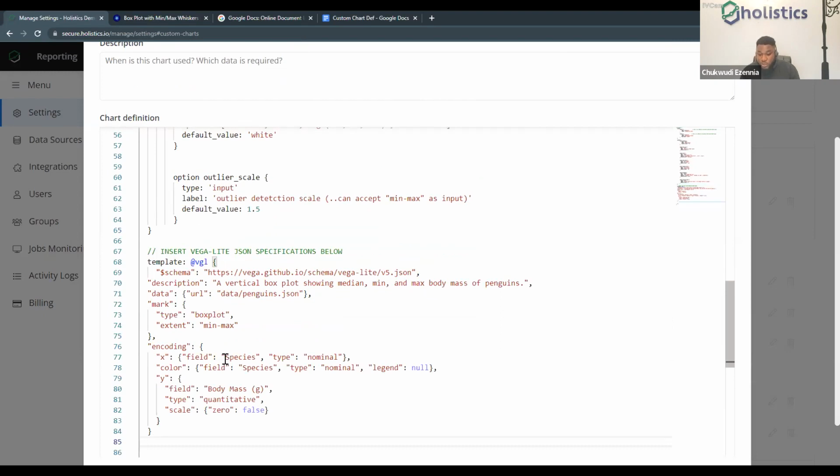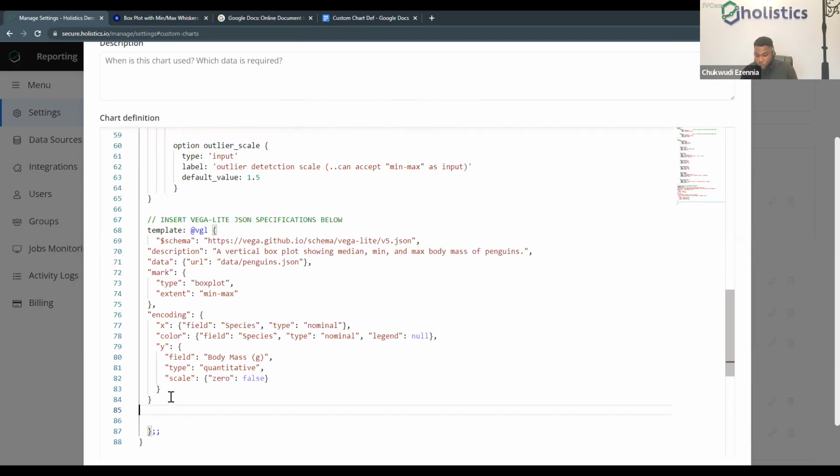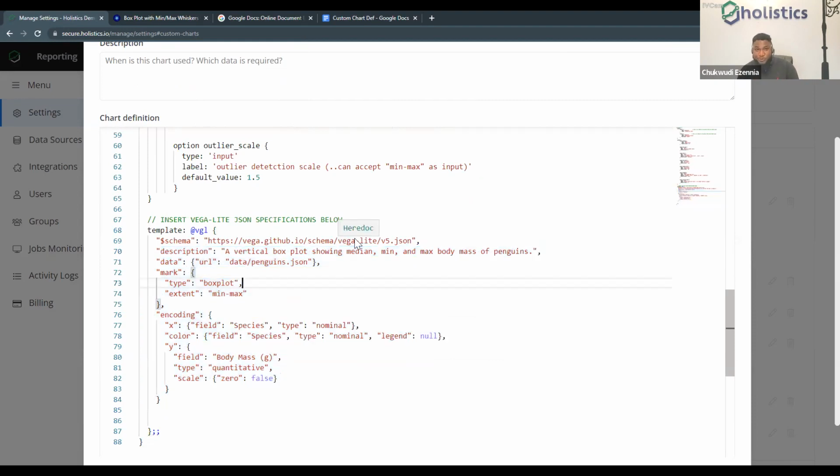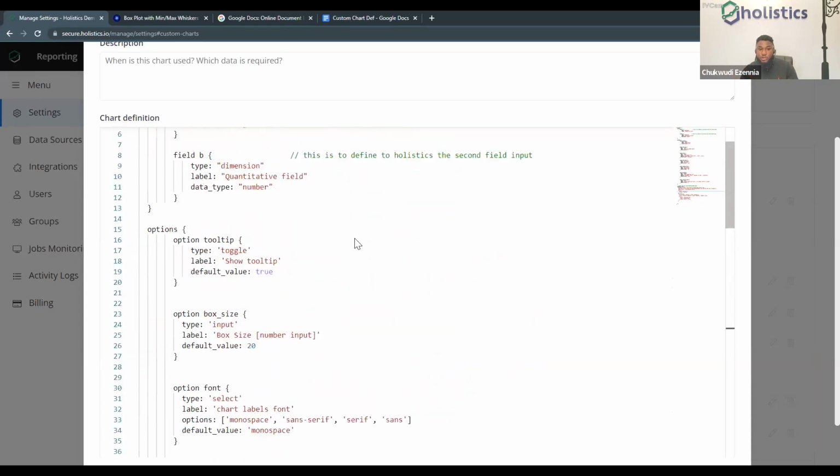One thing we notice here quickly is that this happens normally when you copy and paste most of this JSON syntax: it sort of indents backward by a step. So I'm going to copy from this last one, down up to where I have description, and use a tab to indent all of this back properly into what I want. So at this point now, we're going to go back and forth through all of those steps I've mentioned to be able to see how we are able to adapt this VegaLite template definition to suit all of these options and fields we've passed here.